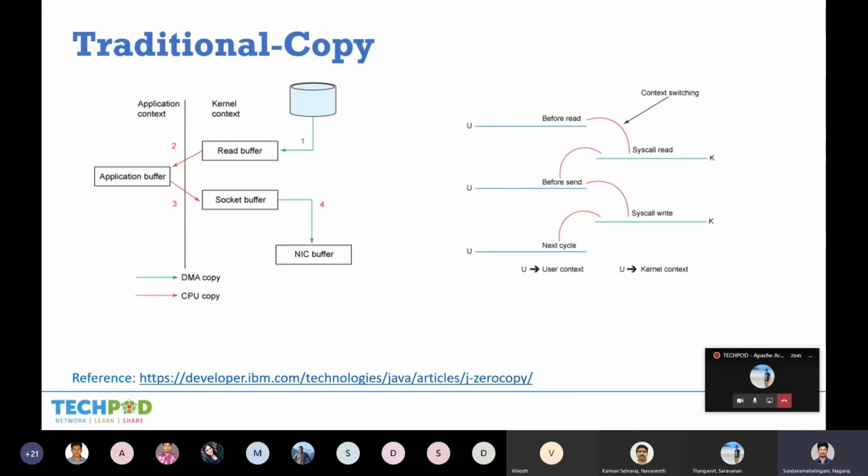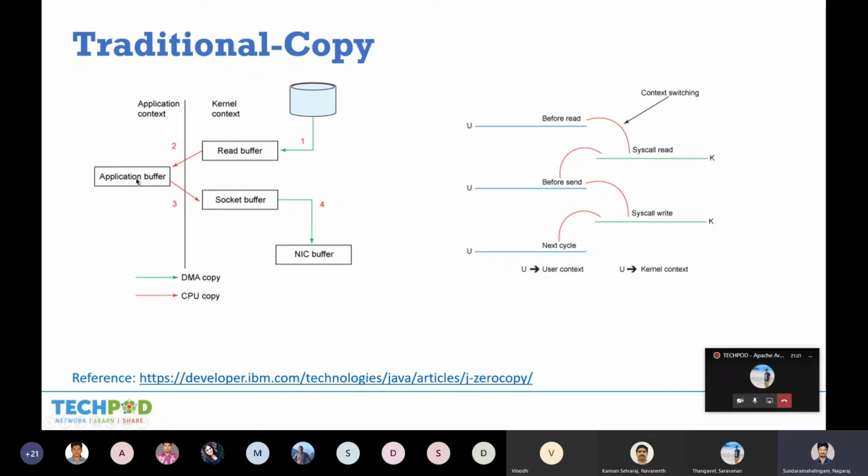This is a typical traditional copy method in a Linux based system. Let's say this box is your source, and you read the data from the source and it stores the data in the kernel buffer. From kernel to application context, or you can say user context, it switches from kernel to user, and then again it stores the data from this buffer to the application buffer.